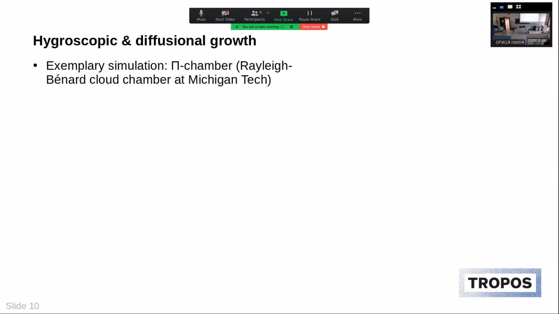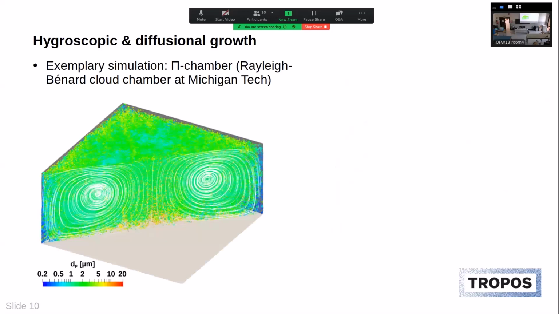This time I'm going to show an exemplary simulation with another cloud simulation chamber called PiChamber, which is a Rayleigh-Bénard cloud chamber at the Michigan Technological University. You can see a sketch here. It has a square cross section of 2 meters by 2 meters and is 1 meter high. The bottom surface is warmed, the top surface is cooled, and both surfaces are saturated with respect to water so that we can form a Rayleigh-Bénard cell inside. An aerosol is injected and we can study the growth of droplets in there. Here in this picture, you can see the swirls that are created due to this Rayleigh-Bénard convection, and additionally